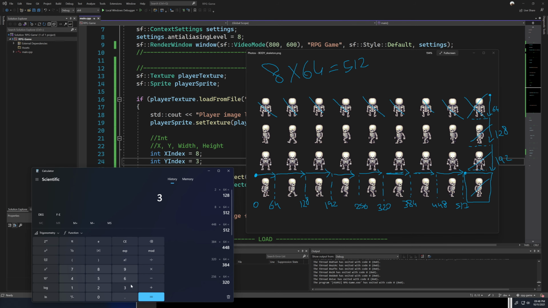My apologies. 3 by 64 is 192. So now the position is 192. So now the position is 8, 3, which is 8 multiplied by 64, 3 multiplied by 64. And I get the position of 512, comma, 192. Right, this is the position of it. And that's how that math worked.